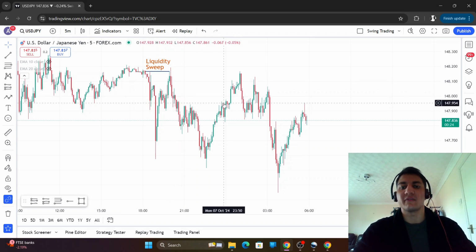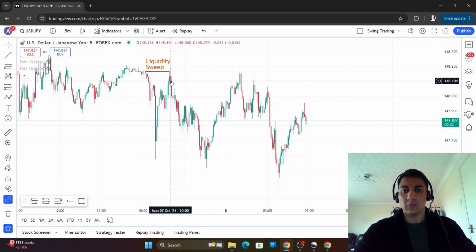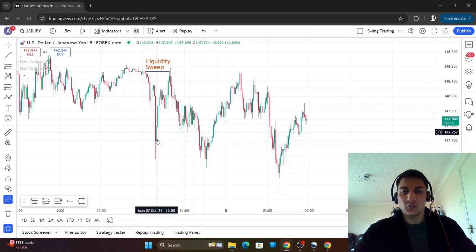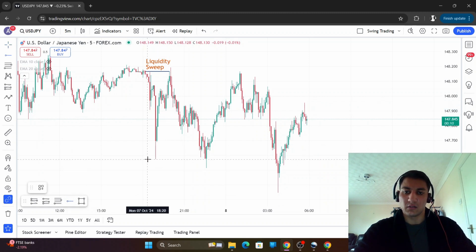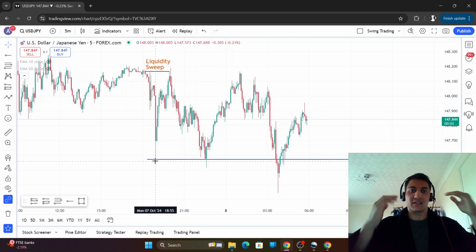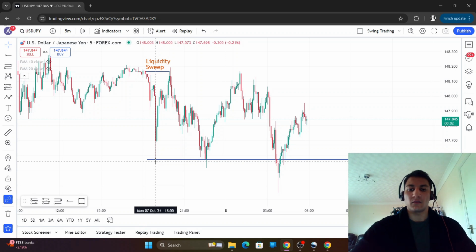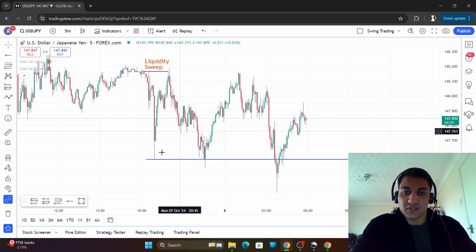We've instantly moved down. Those wicks tell you that smart money wants to move price down quickly. And then at this point, we can see this huge bearish candle down here, again showing us that price wants to go down. There is liquidity here because some people are buying the yen. So here's our not long term, but here's our session target, right? Obviously on the higher time frame, you're going to have a key target that might take a few days to get to. But for Asia session, here's your key low that you want to be targeting.